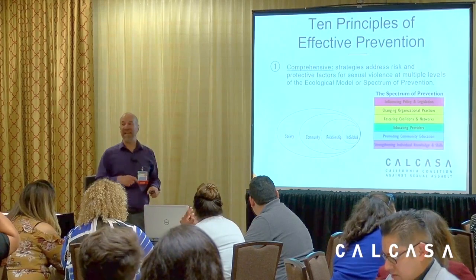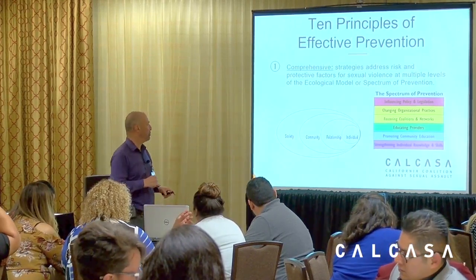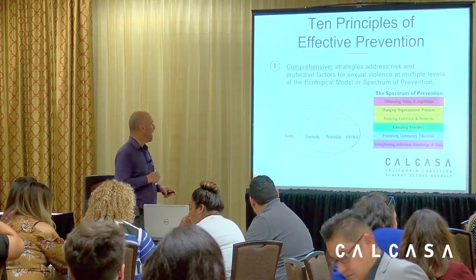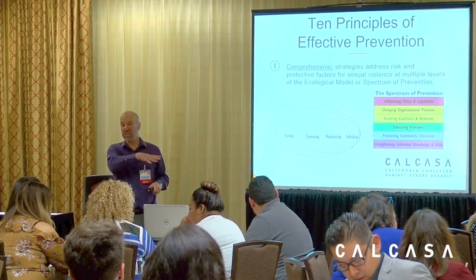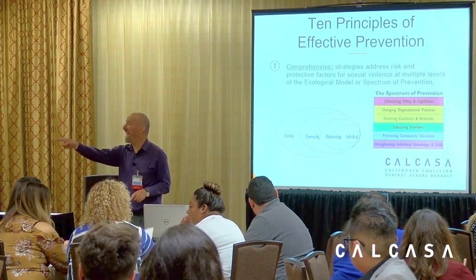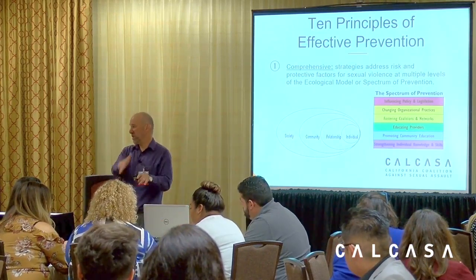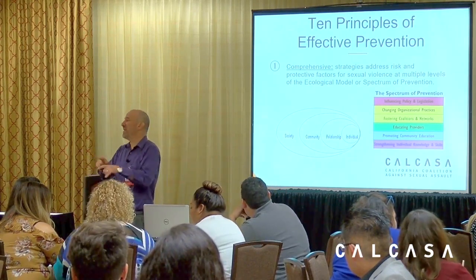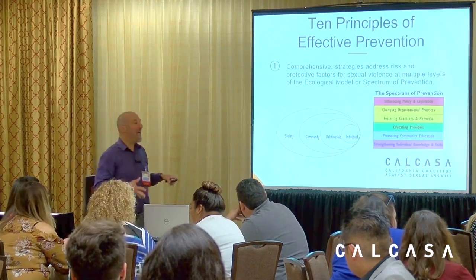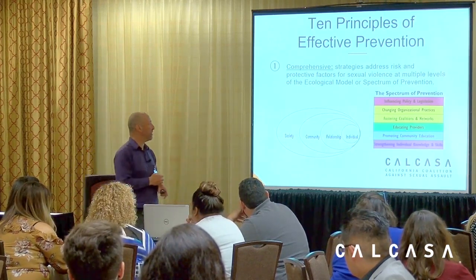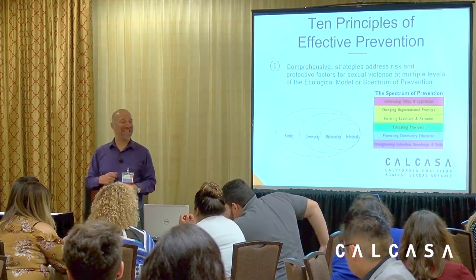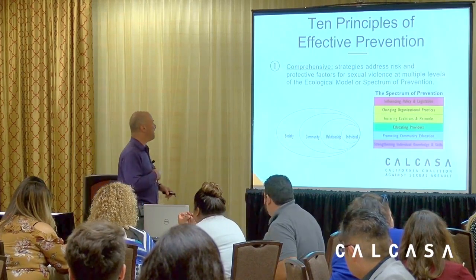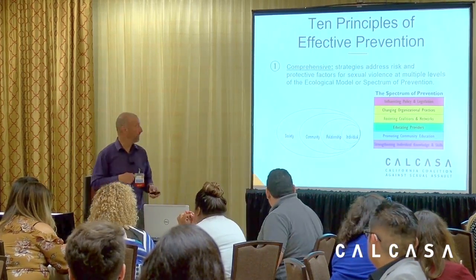The spectrum of prevention highlights different levels of work that you can do. So the bottom one is similar to the individual, strengthening individual knowledge and skills. But then if we do community education, it does things on a community level. We can educate providers, because educated providers are able to reinforce and do that within their own work. We can foster coalitions and networks, because then we can get much more going on by bringing more organizations together. We can change organizational practices, the way that organizations operate, so they can work towards prevention. And then finally, we can influence policy and legislation.